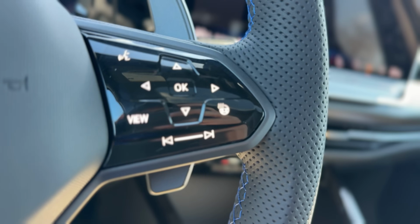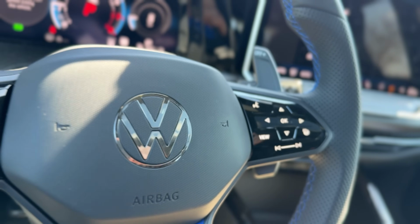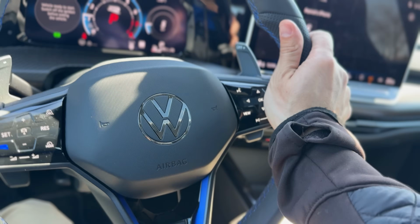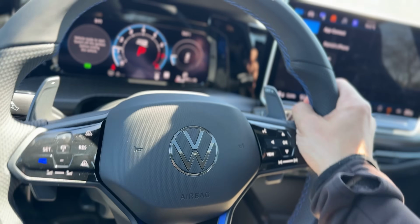Yeah. You also have your volume control sliders on these gloss buttons. You know, the GTI got rid of this and gave it hard buttons. Yeah. So the hard buttons still need to be solved on the steering wheel. And I have hit the heated steering wheel or my mode a couple times with my palms